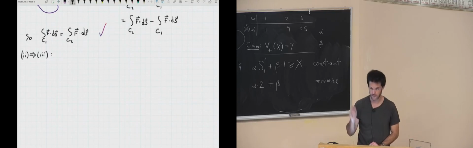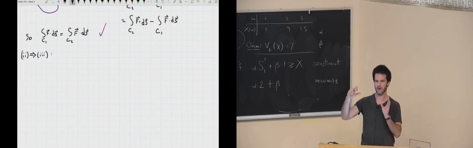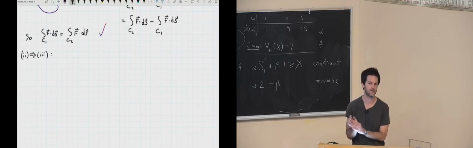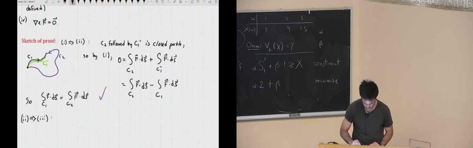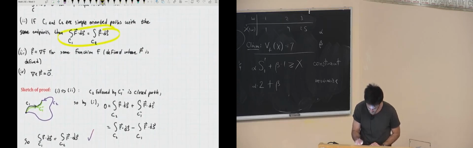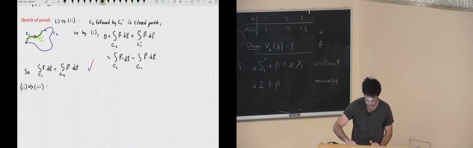We know that we have the path independent property. We want to show the gradient property. We're working to show that this property implies this property. Okay, so